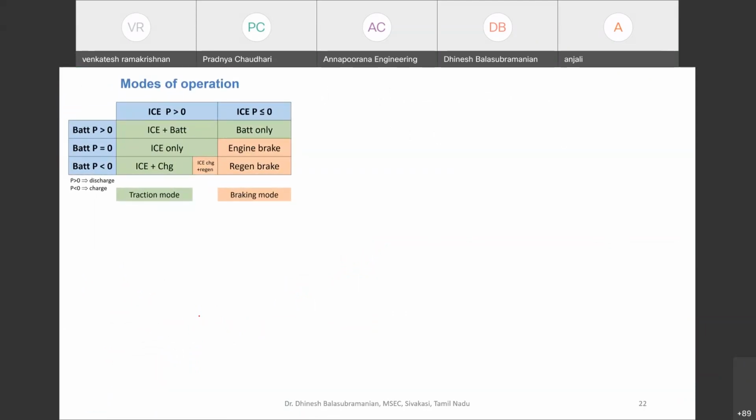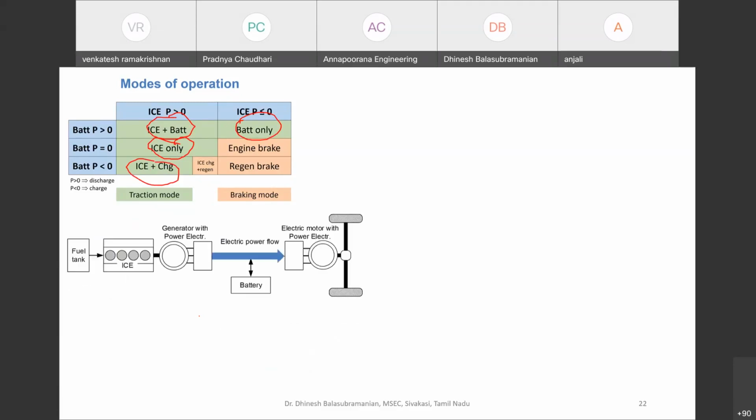So talking about the different modes of operation in the series hybrid, it can be pure internal combustion engine mode, or battery only mode, or internal combustion engine plus battery mode, or internal combustion engine plus charging mode. By means of an energy flow, you can see in the case of a series combination: fuel tank, internal combustion engine. From there, you will have a generator to convert this rotation energy into an electric source, and from there you will have a motor power system, and thereby, in this case, the power source is derived only from the internal combustion engine,